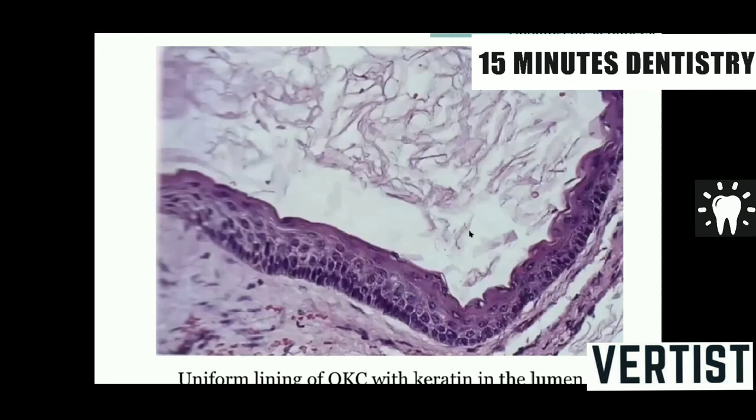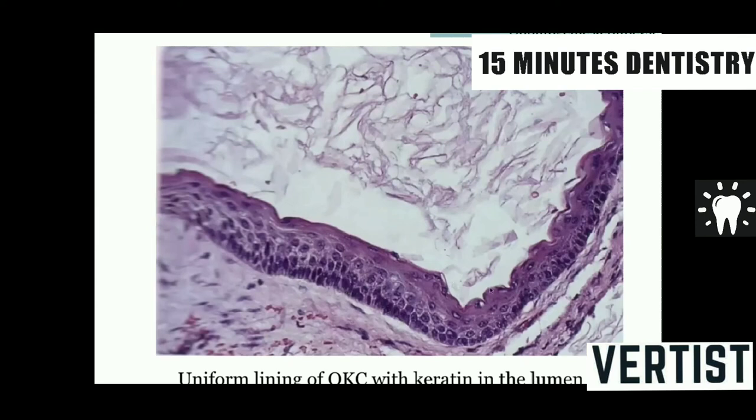Histology of this cyst is very, very peculiar, very specific. We don't miss this cyst when we study it microscopically. The epithelium is thin, maybe 8 to 10 cell layers thick. The epithelial connective tissue junction is flat without any rete pegs, and the basal cells are tall columnar. Their nuclei are hyperchromatic. There is palisading of cells giving a tombstone and picket fence appearance. Again, a very popular feature of OKC, the tombstone or picket fence appearance of basal cells.